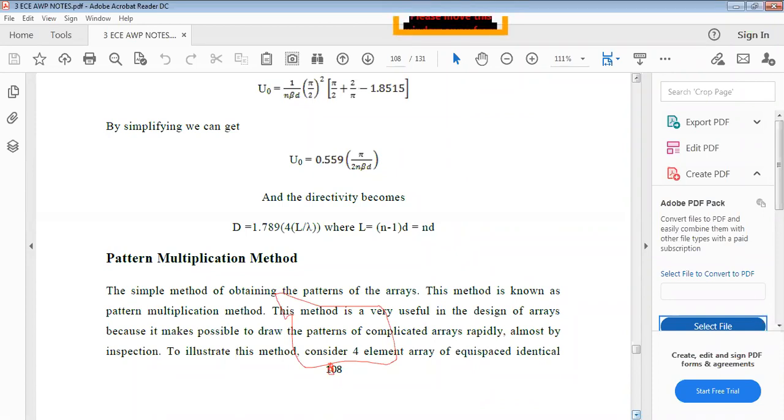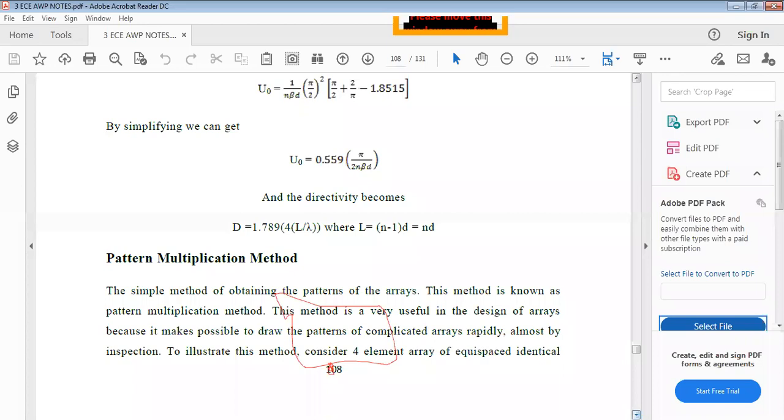For a single antenna, it is not possible with the pattern multiplication method. You have to find it directly with mathematical modeling or in the laboratory. In the laboratory it is very easy to obtain, with the spinning method or rotating method. Here, the pattern multiplication method obtains the unknown radiation characteristics of the group antenna from the known characteristics of the single antenna.